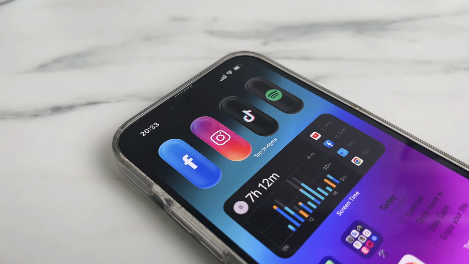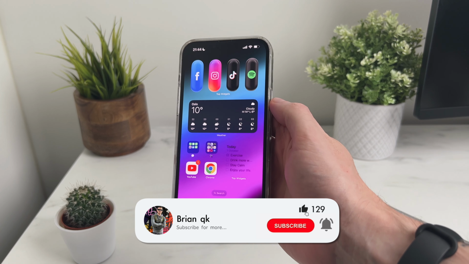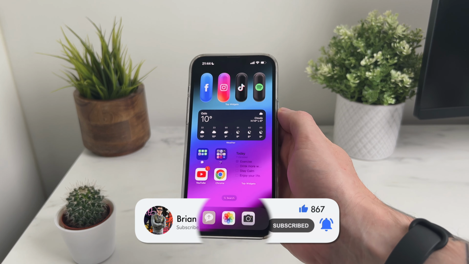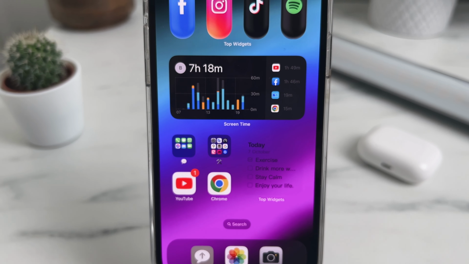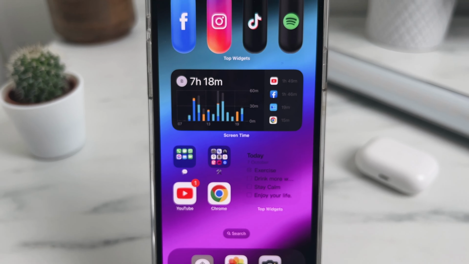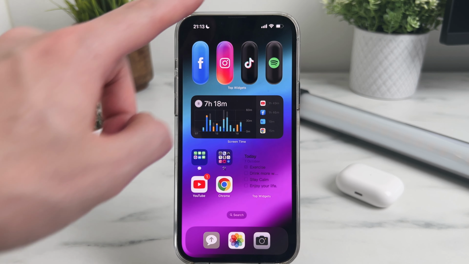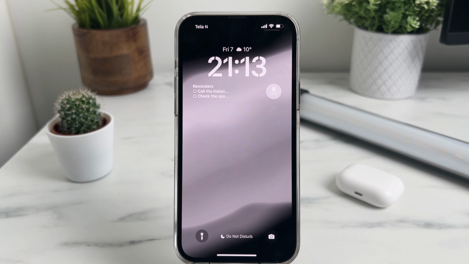The first thing we can talk about is the wallpaper that I'm using. I personally made this wallpaper especially for this setup. I wanted it to be a gradient wallpaper that stands out and blends in at the same time. I also wanted to hide the notch of my iPhone to have a cleaner look, and altogether I'm pretty happy with how this turned out. I'm also using a blackout version of this wallpaper for the lock screen that is more neutral and easier